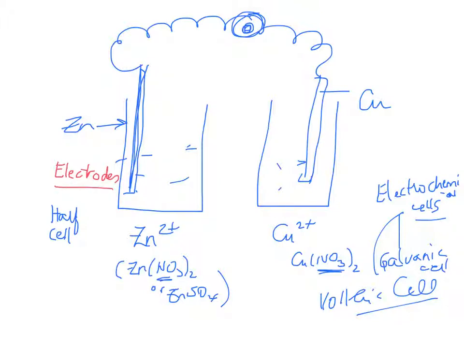So we have a zinc electrode and a copper electrode, which are nothing but conductive surfaces through which the electrons can either leave or enter the half cells. So this beaker essentially is a half cell, and within the half cell is the electrode, which is the metallic strip. Each metal strip reaches an equilibrium with its ion in solution. Well, what's happening is that zinc is in equilibrium with zinc ions, and two electrons are lost,